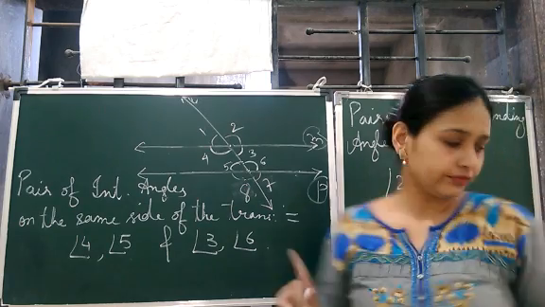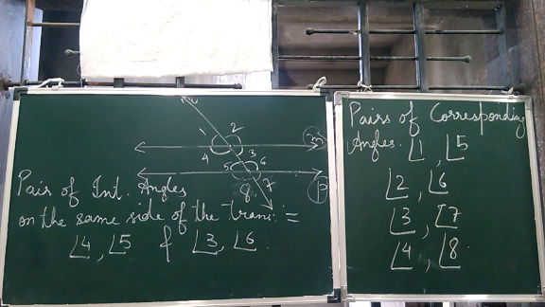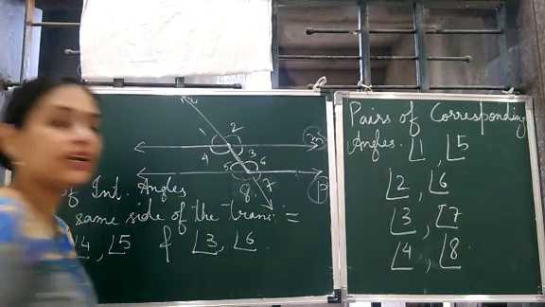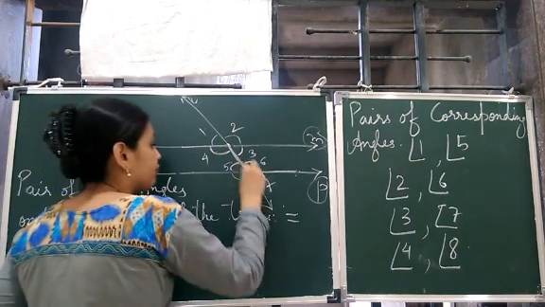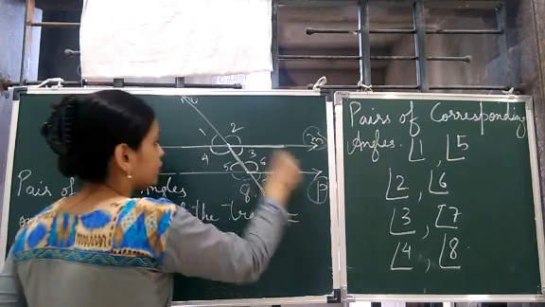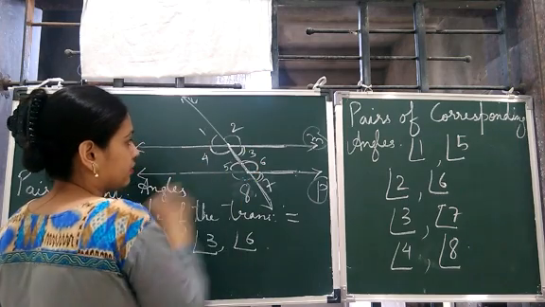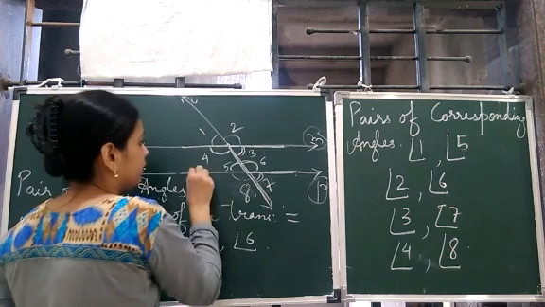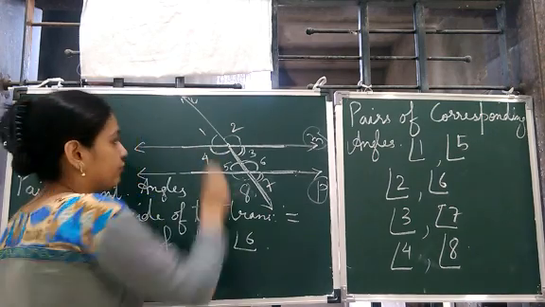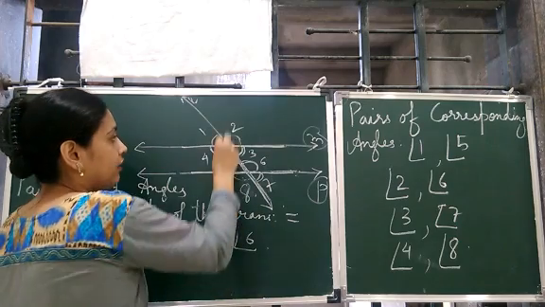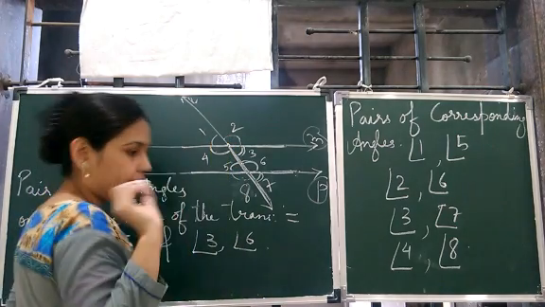Now also one more thing which I would like to tell you. For alternate angles we have a shape of Z like this. For corresponding angles we have a shape of F. Here you can see this is an F shape. These are corresponding angles. Here also an inverted F is being formed. Got it? So alternate angles have a Z shape, and corresponding angles have an F shape.